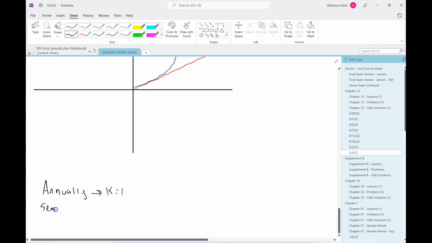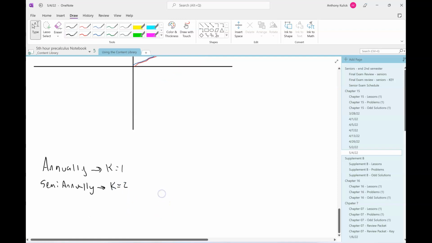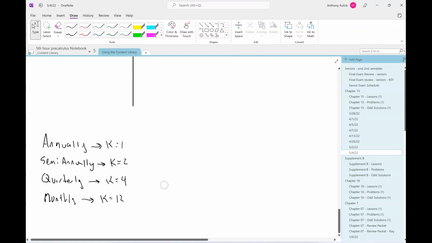Semi-annually would be how many? 2. Quarterly would be 4. Monthly 12. Weekly would be